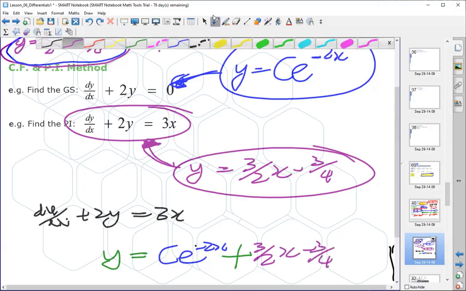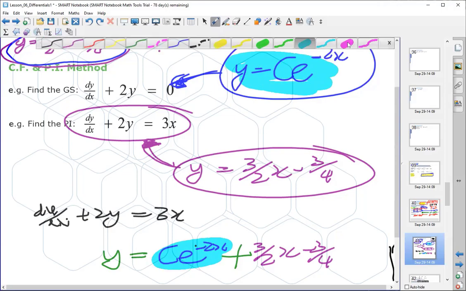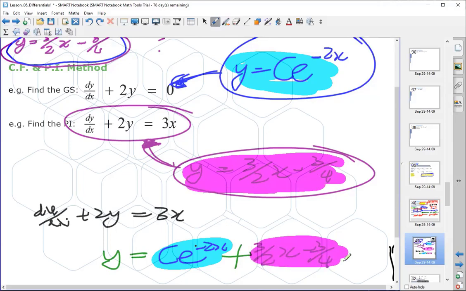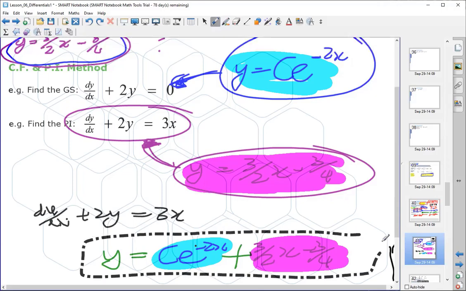Now you can see where I got them from. You can see that that is from there, and that is from there. But am I justified in making this statement that this whole thing will still work when you put it back into the differential equation? And if I am, how come I am? Yes, because